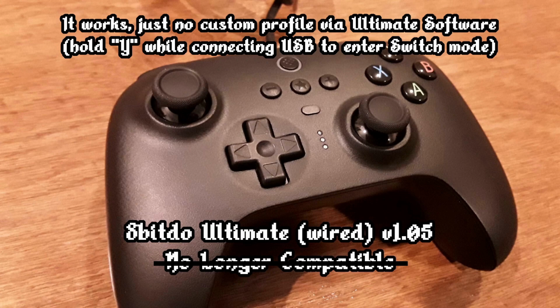And you can also adjust all kinds of things like stick sensitivity, trigger sensitivity, macros. You can do a ton of great stuff with Ultimate software. But yes, because there's no switch mode custom profile for this controller, can't use custom profiles on the Nintendo Switch, which I talked about in this controller's video. I don't remember which part that was, but